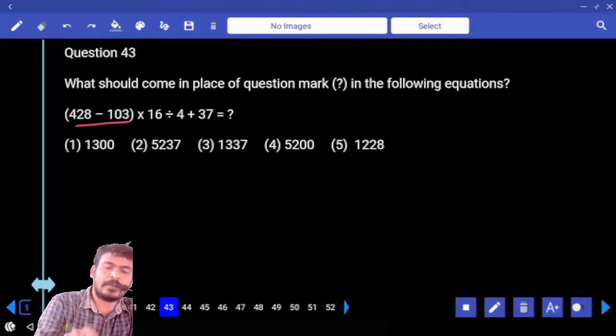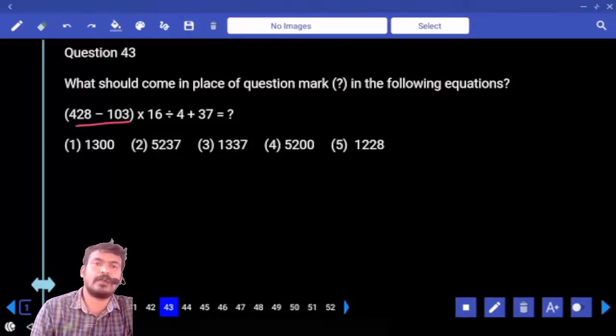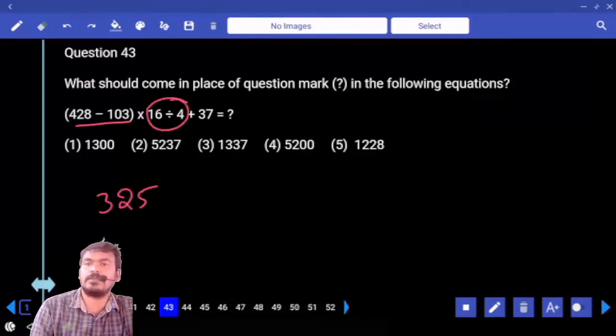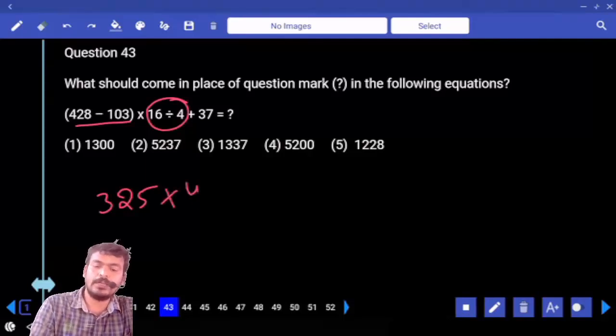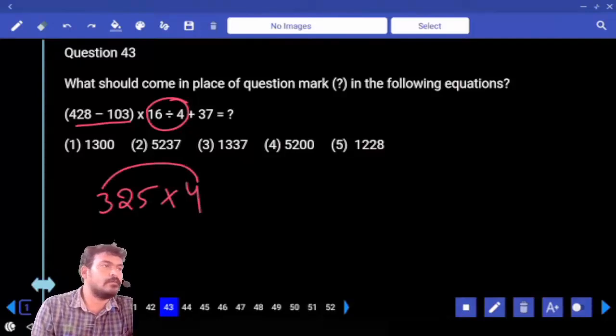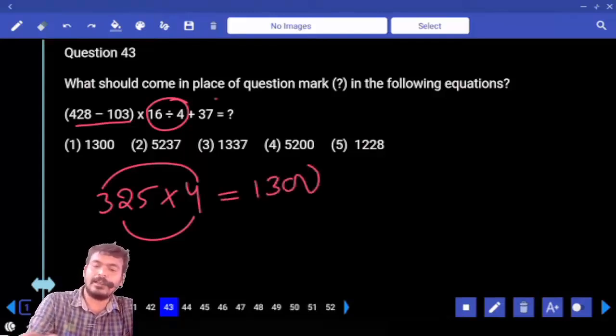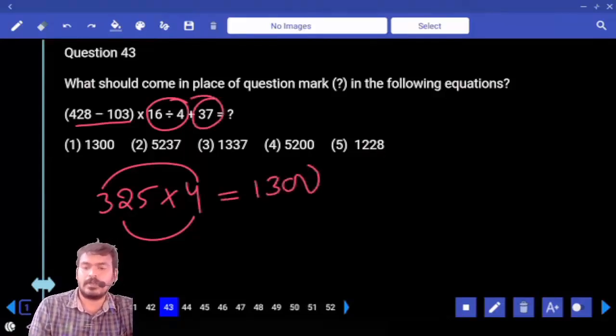First priority, bracket or not? 428 minus 103, how much? 325. And 16 by 4, or not? 16 by 4 means 4 into 4 times, or not? 4 into 300, 1200, 4 into 25, 100, total it is 1300, already 37, total it is